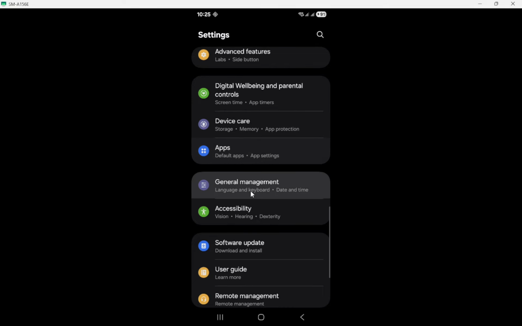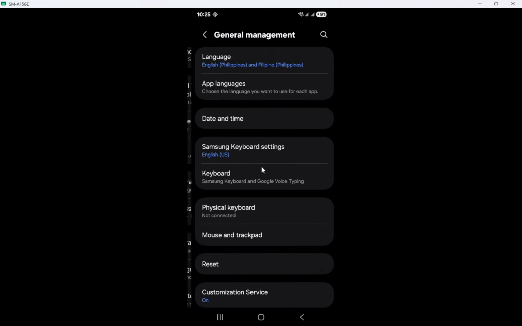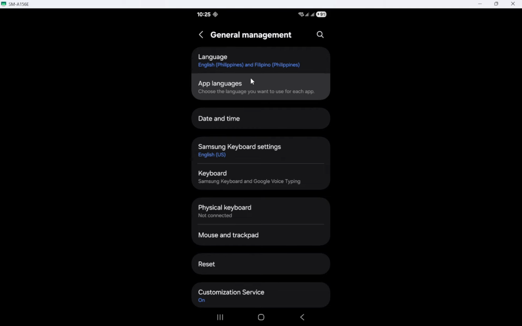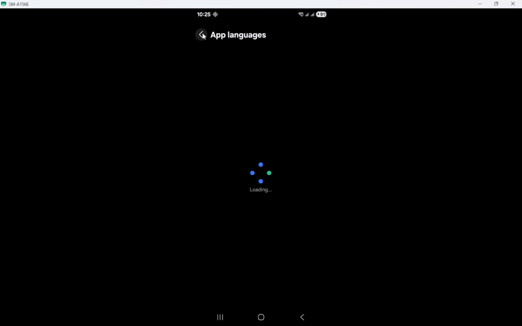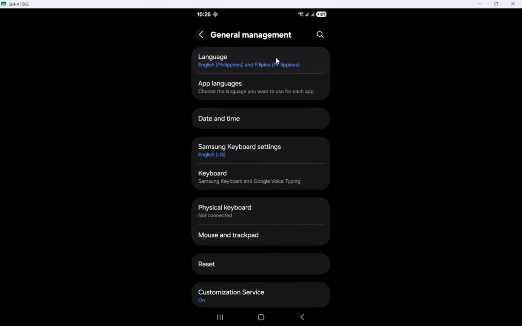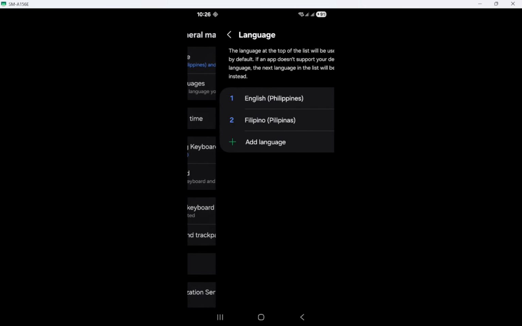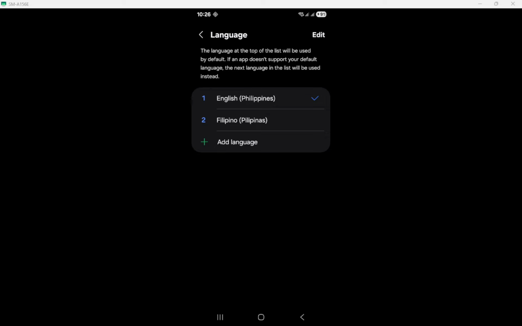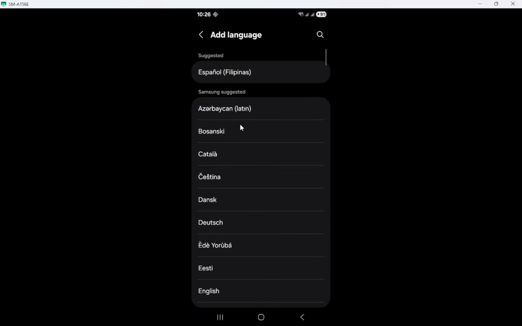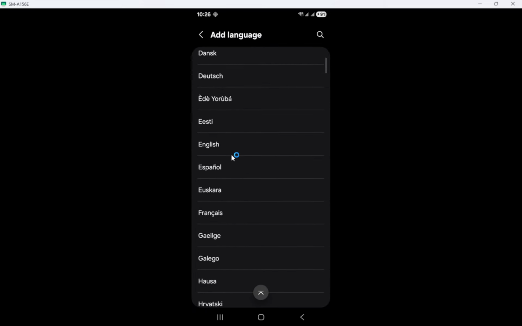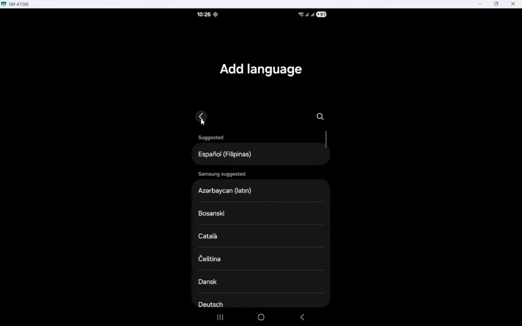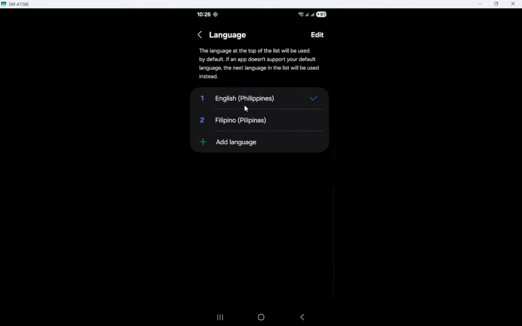Once your preferred language appears, press and hold to move it to the top of the list. That tells Android to use it as the primary language, and Strava will follow suit. Now close Strava if it's open, and then reopen it to see the updated language throughout the app. This is the most reliable approach since it aligns Strava with your phone's system language. Strava supports a wide range of languages, including English, Tagalog, Japanese, Indonesian, Thai, Vietnamese, and more.